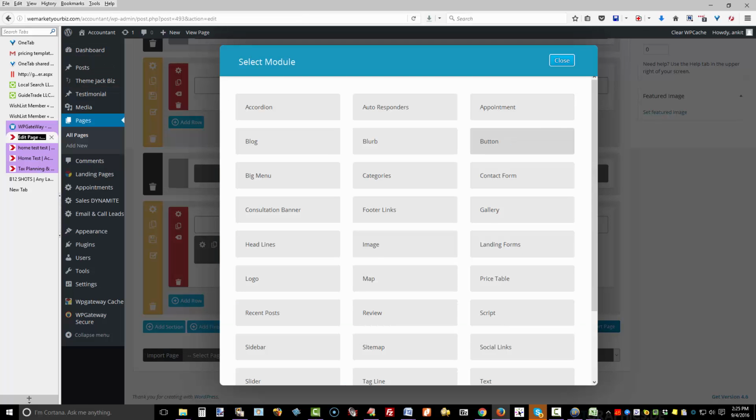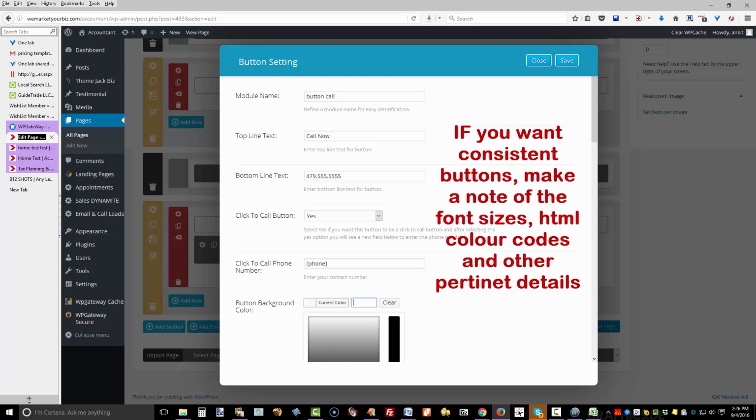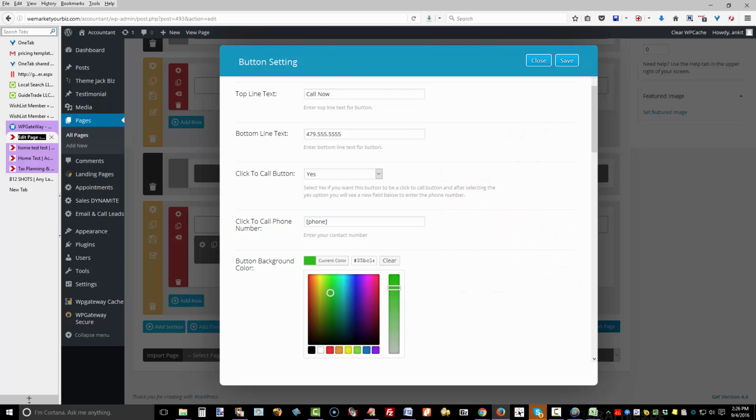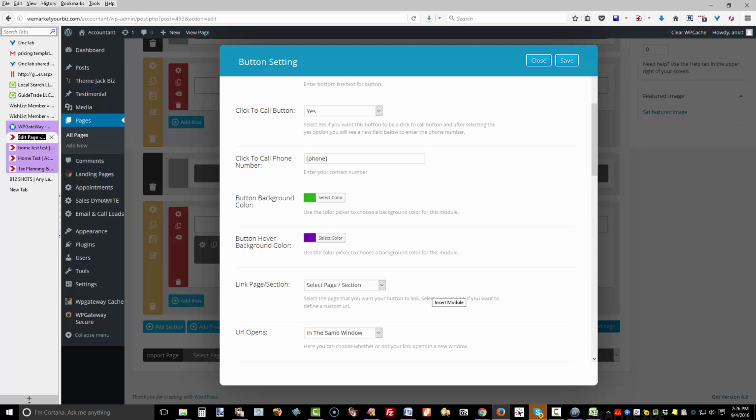So another button, click to call button. You can make it a click to call button, and that will put your phone number in there. Button background color. If you want to make it the same color as the first button, then the thing to do would be to copy the HTML code and make them the same. Or if you want them to stand out and be different, you can do that too. So you can also just kind of drag this little circle around, and see what you like, and or use,